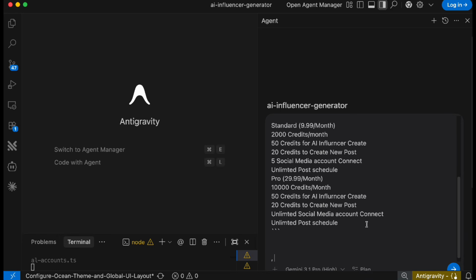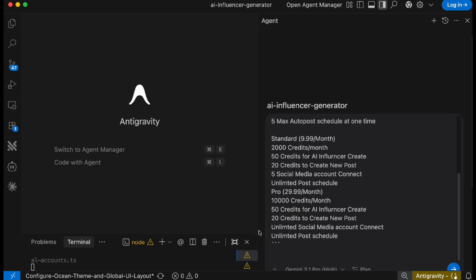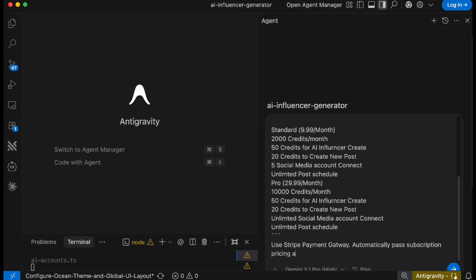And once you copy paste it, then it will automatically have all the details. Use Stripe payment gateway, automatically pass subscription pricing amount instead of creating plan